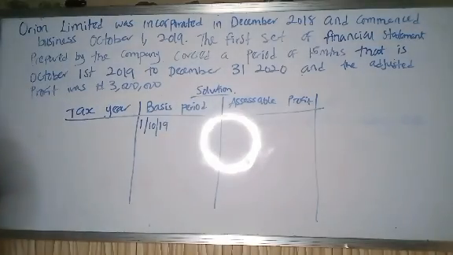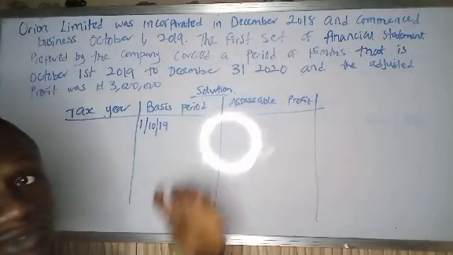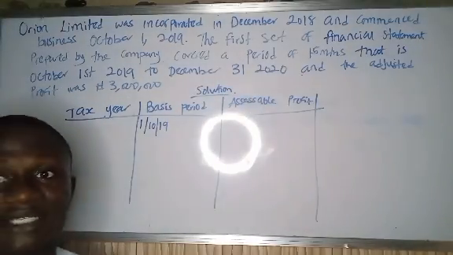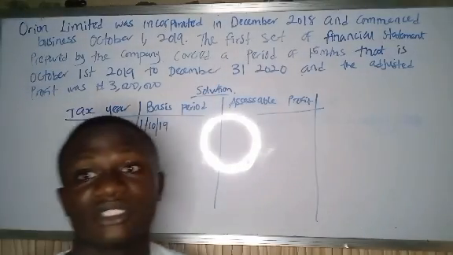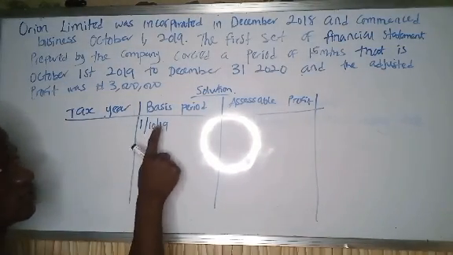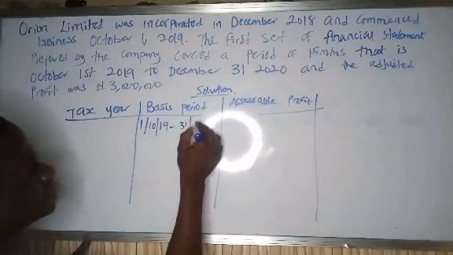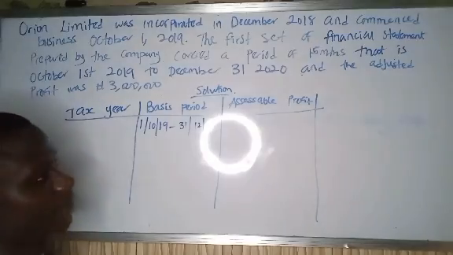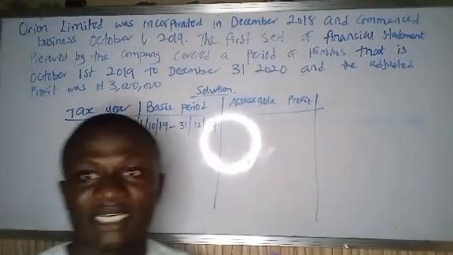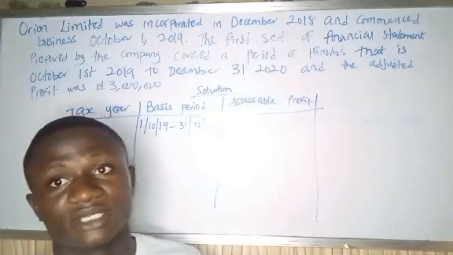Let's say they choose to always end their business December 31st. Yes, that was when they chose, because even after the 15 months, they ended their accounting year December 31st. So that was when they chose. So now the first year will be 1st October 2019 to 31st December of that same year. So 31st December 2019, the period at which they started the business till the period they chose to always end their accounting year, is the first year.